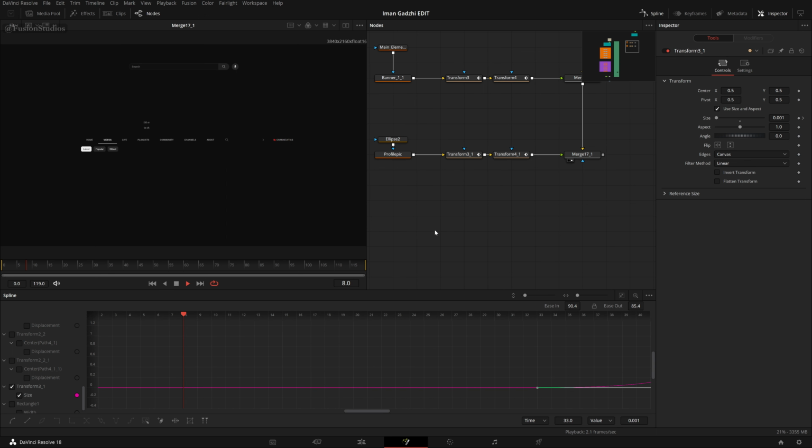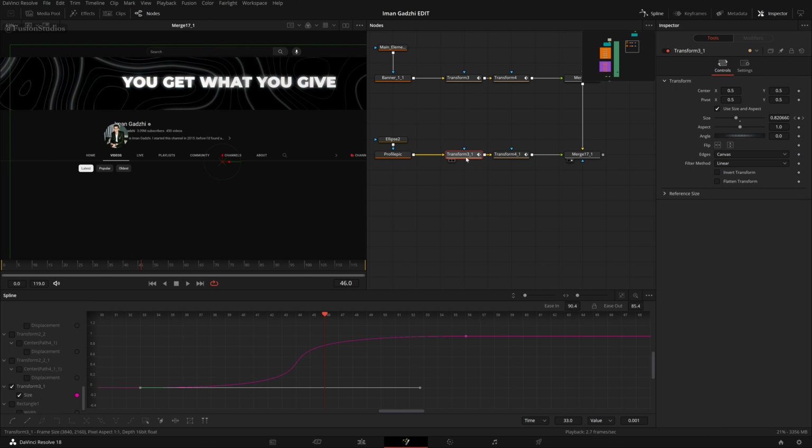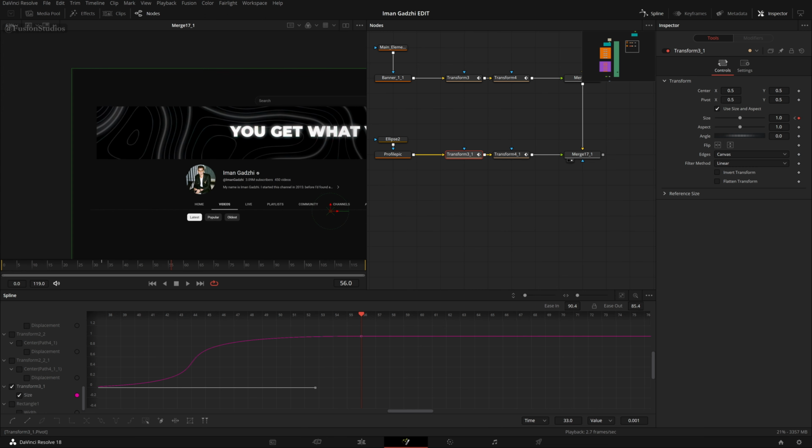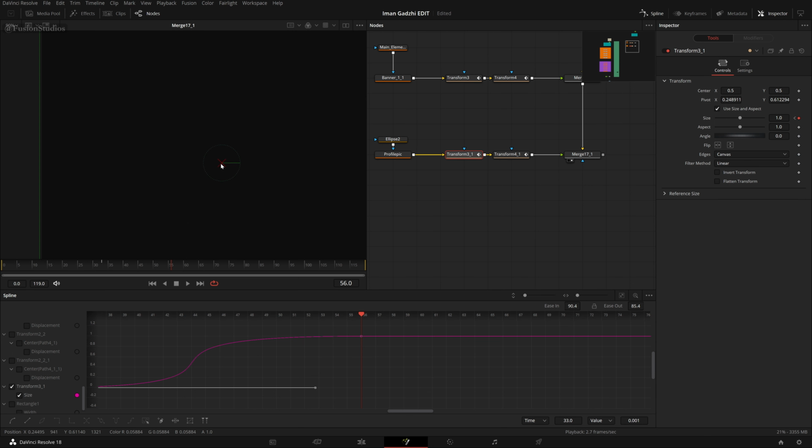And one more thing which you can do is, because right now if you see, it is coming from here. That is because its pivot point is not set to this profile pic. Its pivot point is set over here. Like you see this cross, this is its pivot point. So we can change that by changing this pivot settings over here in the inspector tab. So change its pivot to something like, can we just directly grab its pivot? Yeah, we can. So put it somewhere,